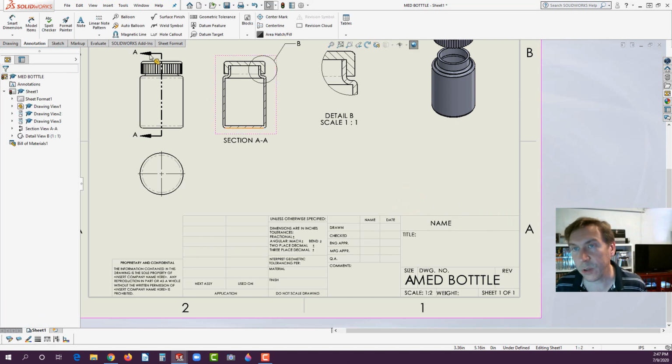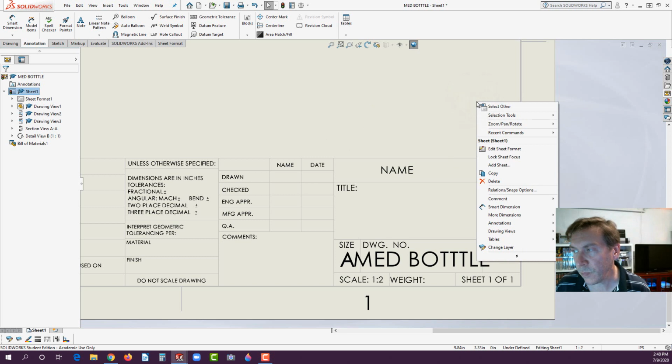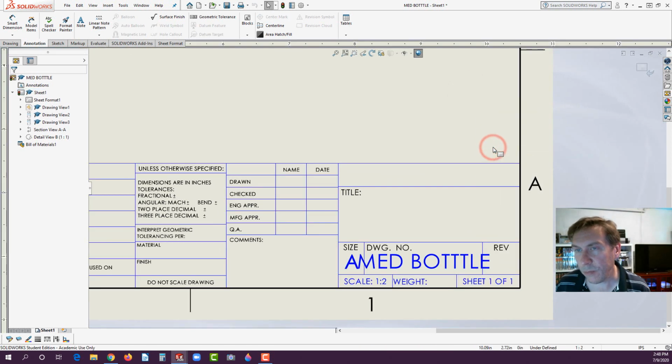And hit escape. So that's the note tool. Now you'll see here, if you've named it medicine bottle, it's too big and you will get marked off. I want to make sure you know how to fix this. To fix this, we looked at this before, just right click on any open area of the screen. Edit sheet format. Remember, it takes that imaginary sheet of glass off that has your views on it, enabling you